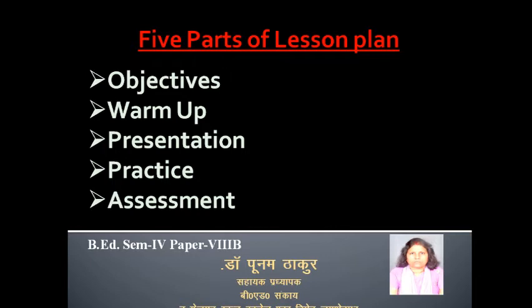Practice. It is the work done by the students, whether it is controlled, guided, or free. Students answer some exercises based on the material presented. These exercises are often there in the set book. Assessment. Write some sentences on the board or distribute printed papers to see whether the objectives were achieved or not, and to check whether the students learned or not according to the objectives. If not, you should reteach the lesson using different techniques.